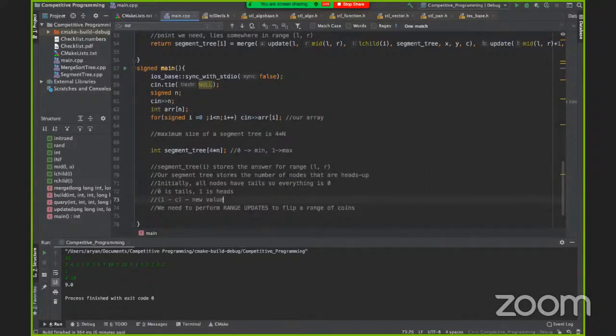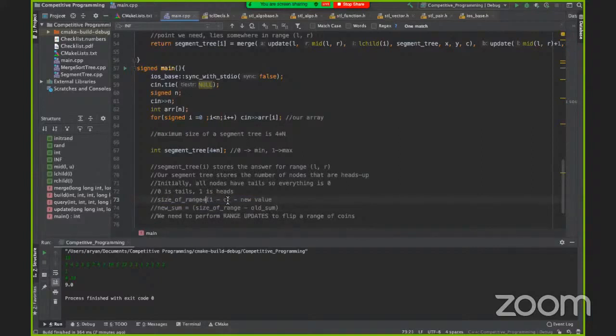So this is the new value of the coin. Okay, so for a range it will be something like this. The new sum will be size of range minus the old sum. Okay, because we're just adding this across the entire range. Okay, so let's say we have size of range.